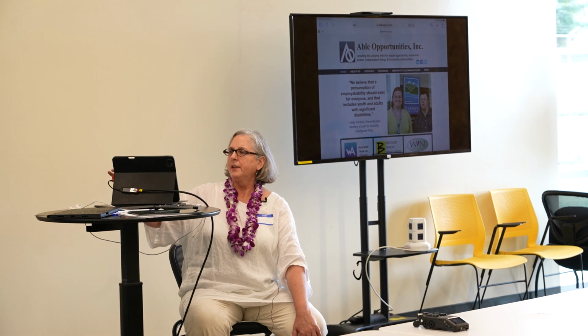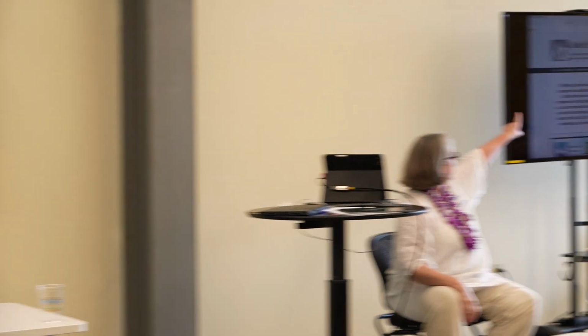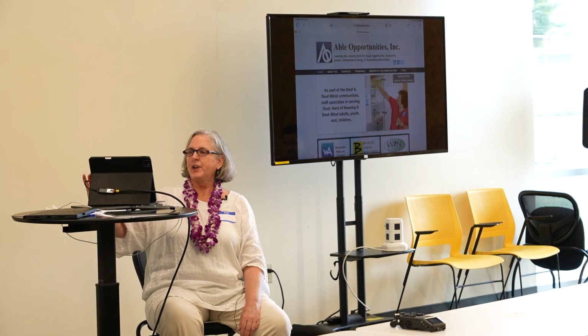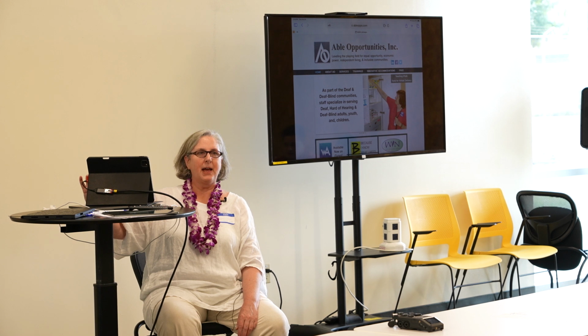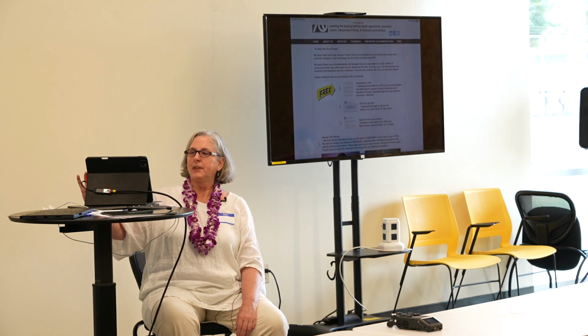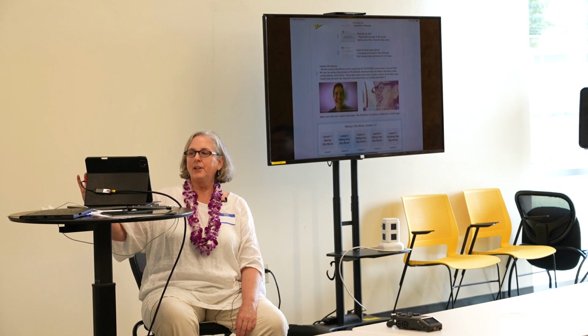ableops.com, that's our website. And on the top right-hand side, you see where it says free, not top. See where it says free on the menu on the right, the very last menu item? When you touch free, you see Teaching iPads opens up. And when you're on Teaching iPads, there's information about how to get one funded, how to do the iPad